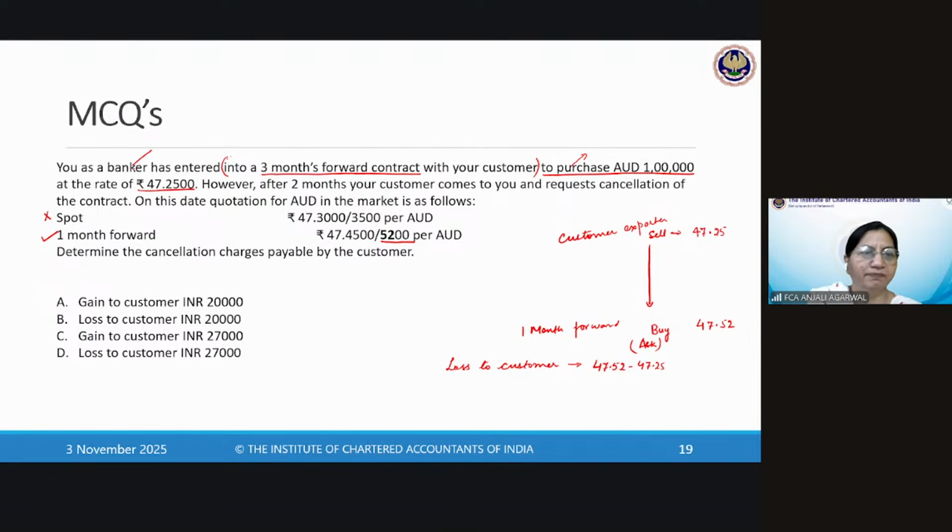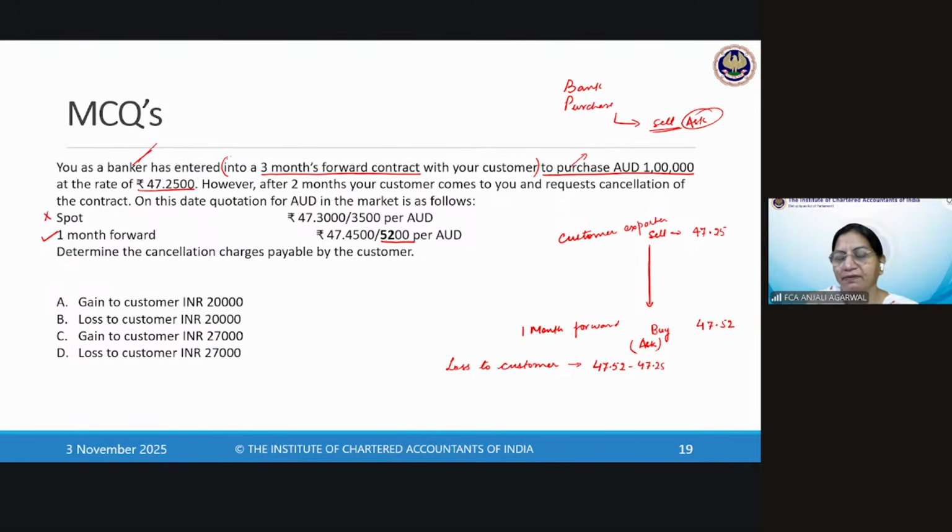See, the bank has entered into purchase. So the bank has to sell after 2 months. If you look from the bank's perspective, the bank has done what? Purchase now. So to cancel, it will sell. And when the bank sells, ask is applicable, right? If you look at it from the customer's point of view, the customer is selling. You as a banker have entered into a 3-month forward contract with your customer to purchase Australian dollar. You are entering to purchase, that means the customer has entered to sell. So the customer is selling,